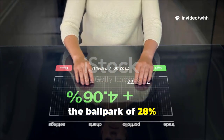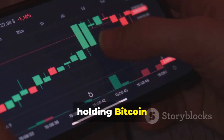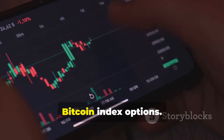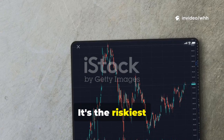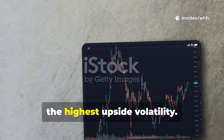Recently in the ballpark of 28% to 30% annualized. It does this by holding Bitcoin indirectly and layering on a covered call strategy using Bitcoin index options. It's the riskiest of the three, but it's also the one with the most income potential and the highest upside